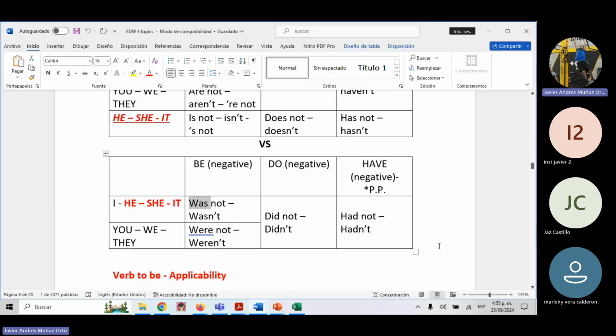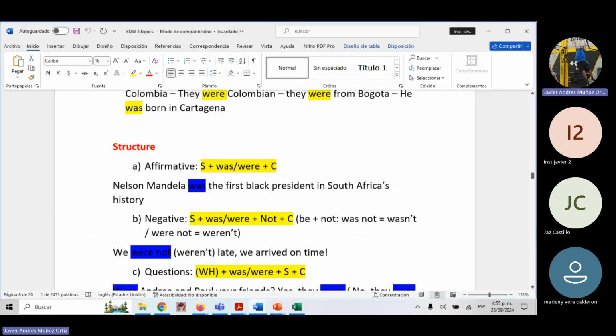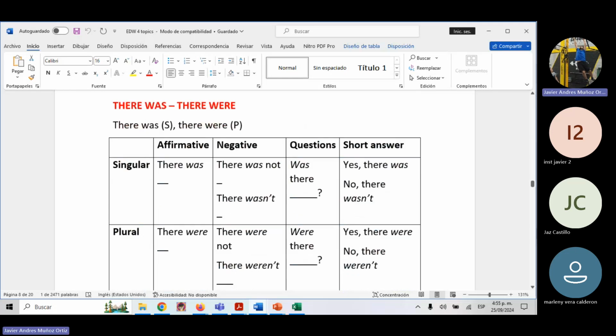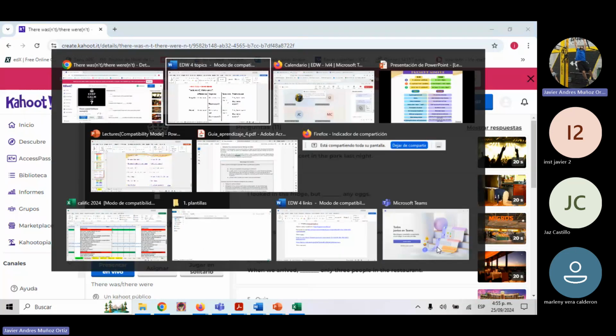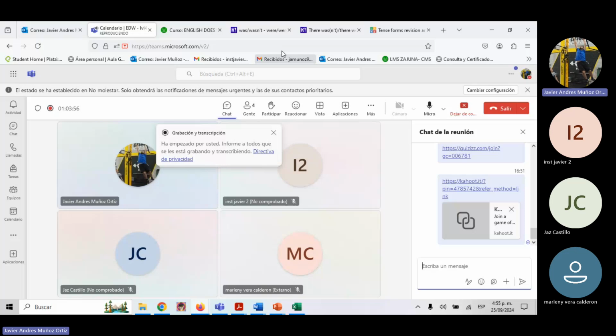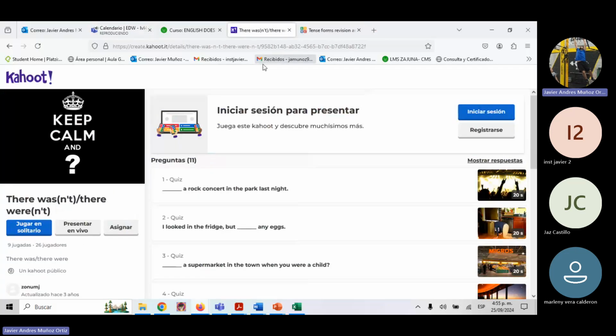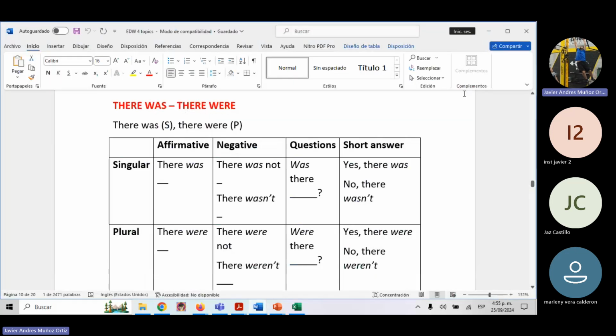Okay, we already know how verb to be works in past. And something related to this is the use of... this is not important anymore. Yes, this is important. So another thing to mention related to verb to be is the use of there was and there were. You have already studied there was and there were. I think it was in level 3, I guess. I'm not really sure. I think you studied this in level 3, if not in level 1. I'm pretty sure of that.